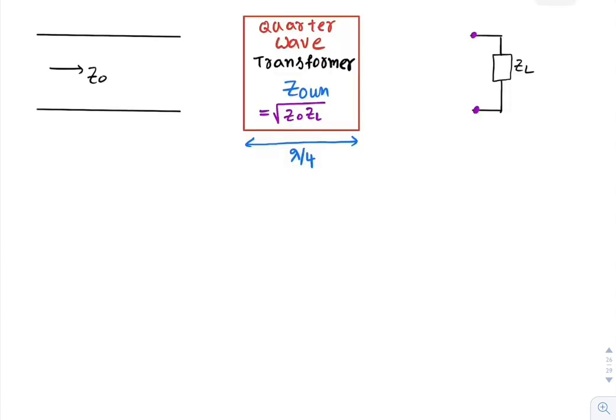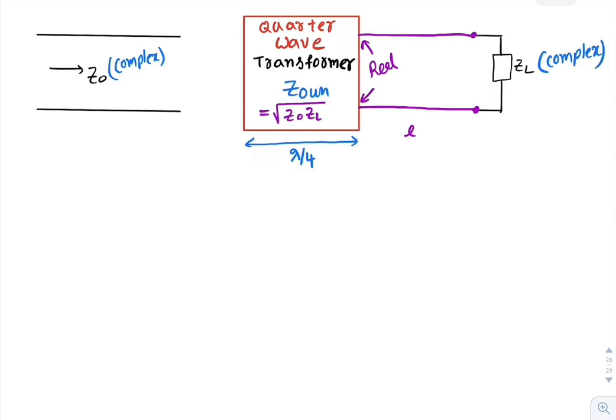Now let us extend this concept further. If our load is complex and the characteristic impedance is also complex, if the load is complex, what did we do? We added an extra transmission line of length L in between the quarter wave transformer and ZL in such a way that the impedance offered at this point should be real in nature. With the same principle,